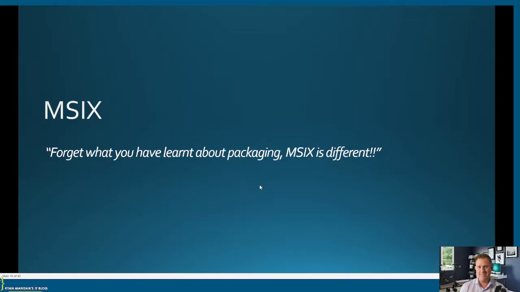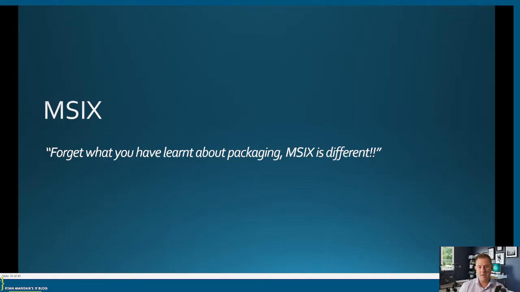So MSIX, everybody knows about MSIs, or the majority of people know about an MSI or an EXE installer. But MSIX, it's an MSI with an X on the end of it. What does that really mean? Well, essentially, MSIX is not an MSI, it's not an installer, it's a container type package. And it's been around for some time. And if anybody uses Xboxes or plays Xboxes, it is the same technology which delivered games to said users who were